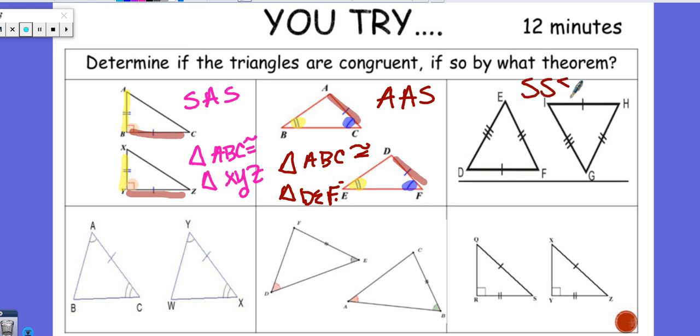All right, this one, we're kind of getting it now. This is SSS. Well, I hope we are picking it up. This side matches this side. This side matches this side. And this side matches this side. Only thing we need to worry about getting right now is the statement. So triangle, I'll start with DEF, should be congruent to triangle DE should go with GI, and then EF should go with HG. So I got GI, so I should have wrote that as IG, and so we can have HG in